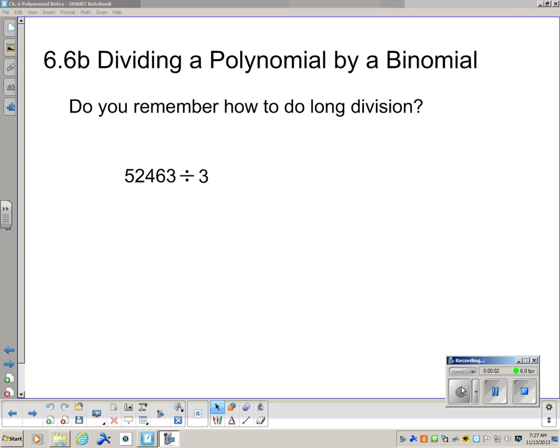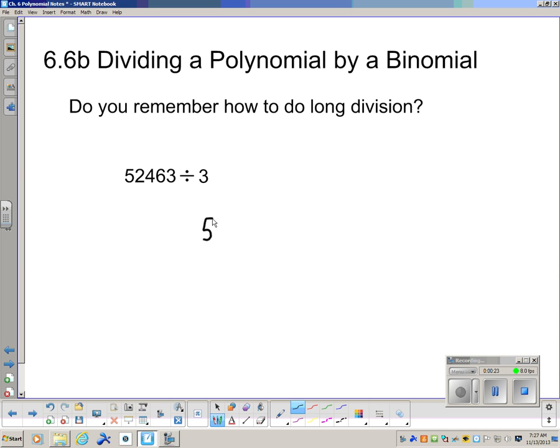So today we're on 6.6b, so make sure you have out your yellow sheets. We're going to divide a polynomial by a binomial. So a little bit different. So we got two methods. The first one we're going to look at here is long division, and you get to choose which one you want to do. So first I'm going to show you long division, and you did this with your numbers before